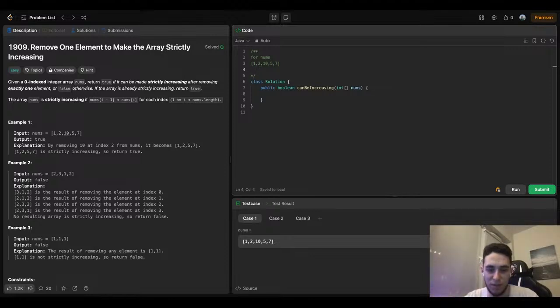Say we compare A and B, and if B is bigger or equal to A,